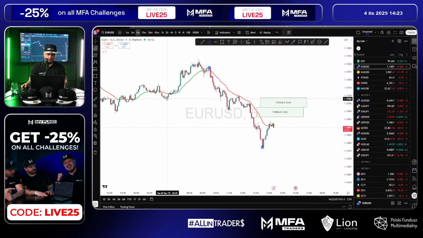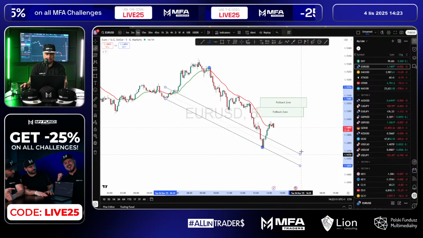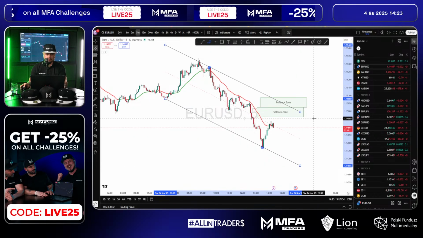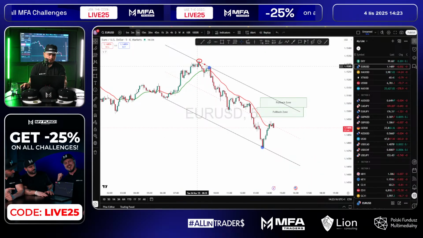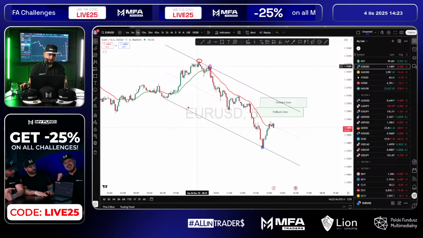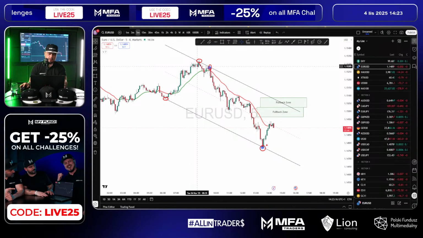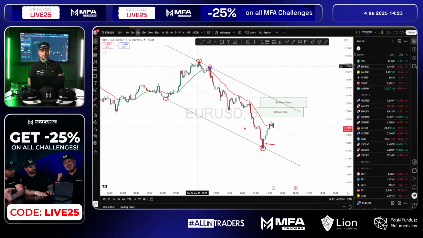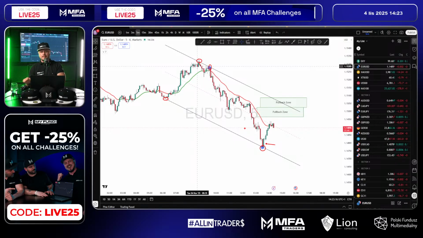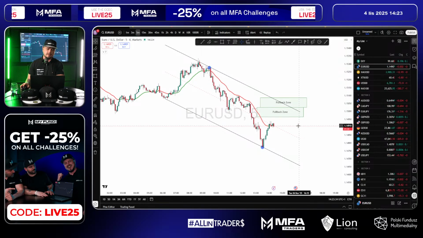I can see, let's start from the bottom because I can see swings over here. And the top is working pretty well. Look, at least 2 reactions. We got reaction here. This swing is pretty nice. So Euro USD, in my opinion, is looking very good. Okay, all we need to do is wait for pullback.